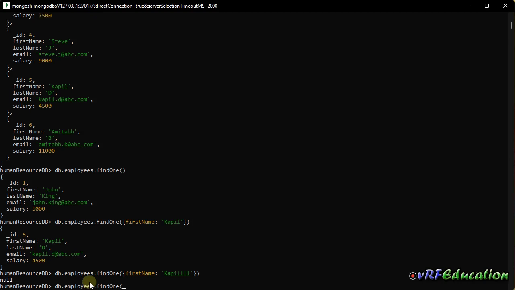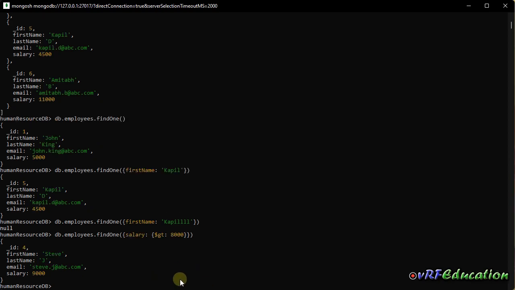db.employees.findOne, and for using query selectors, you need to first specify the field name, and after that you need to provide those query selectors inside another JSON object. So we have $gt, greater than, and then pass the value 8,000, and that's it. So we just mention the name of the field, and for query selectors we need to specify them inside another object. If I press enter, it says okay,